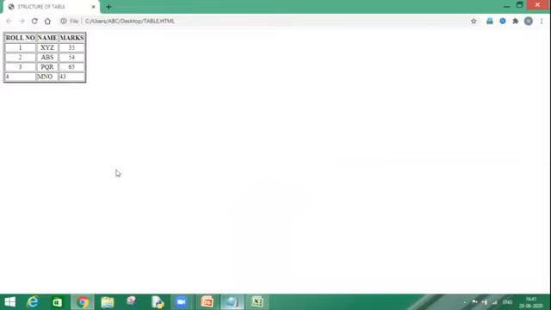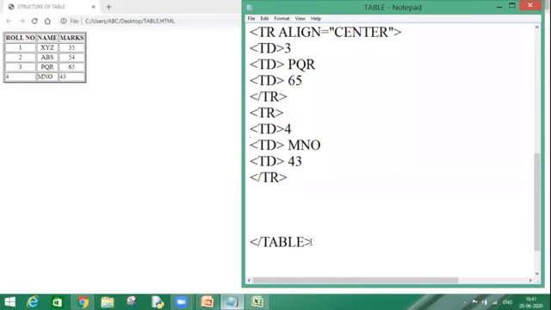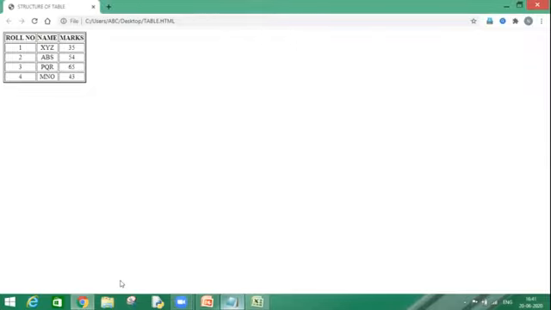As you can see, I have applied the center value in the align attribute for the first 4 rows, so my data of the first 4 rows is aligned centrally. And the fourth record is left without any formatting. So I can format that also so that the symmetry can be formed. Control S. And now my data is aligned perfectly in the center.